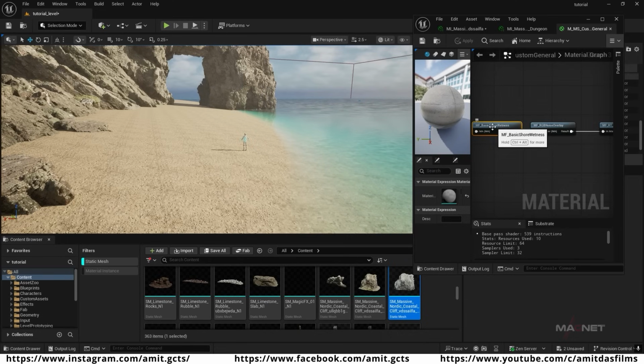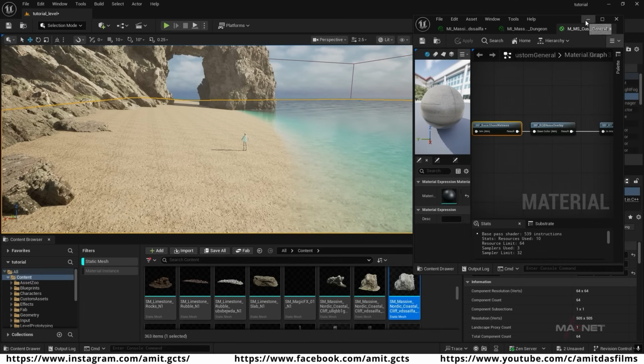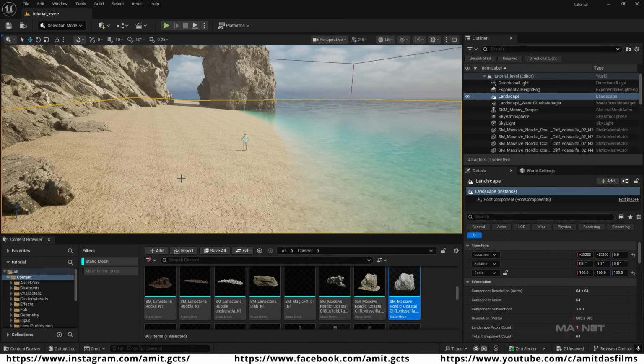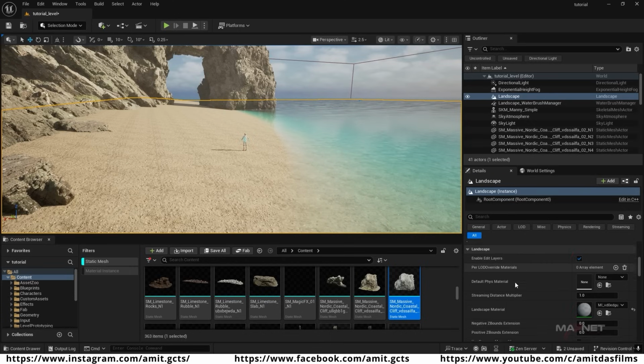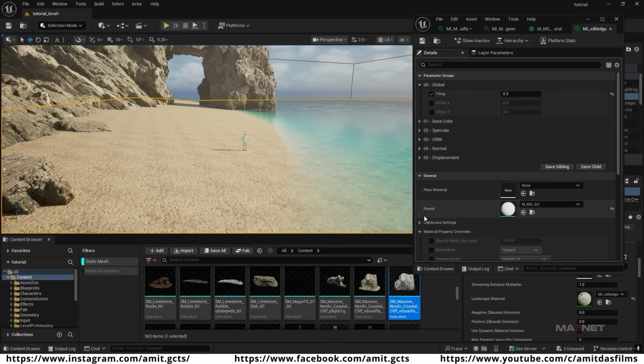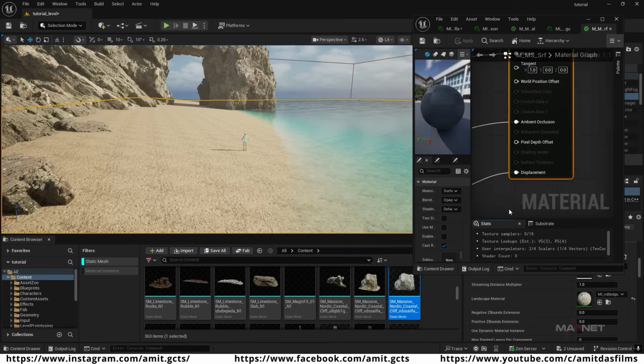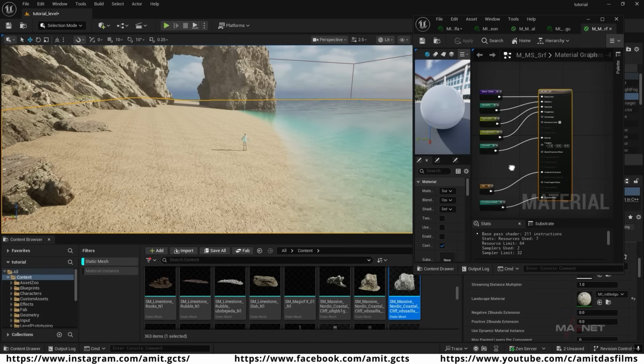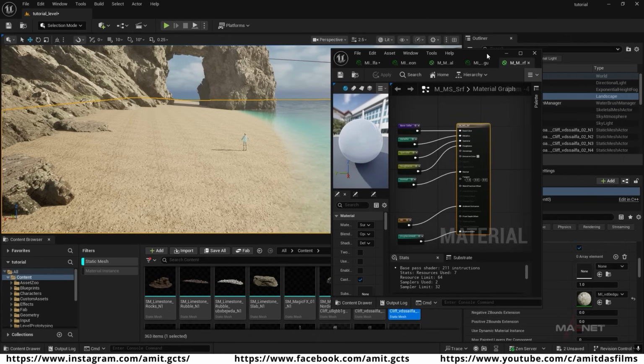So if I just copy this node by pressing Ctrl and C, then we're going to select our landscape and also minimize this one. Then I go to its details panel and go down to open our landscape material from here. Just double click to open. Then we go to its parent material. Again double click to open. So here is this node view. So if we make some room over here,